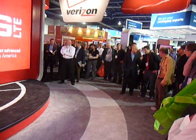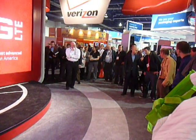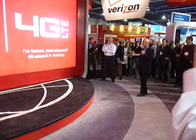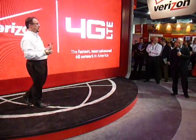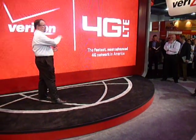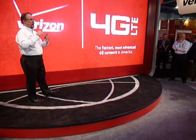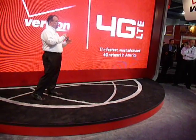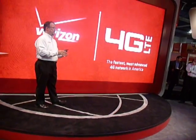Realistically, how is LTE different than WiMAX? I don't want to get into a competitive discussion, so what I can talk to you about are some of the strengths of LTE. We talked about it before, the high speed for upload and download. Downloading 5 to 12 megabits per second, uploading 2 to 5 megabits per second. Here's a great picture, though, late